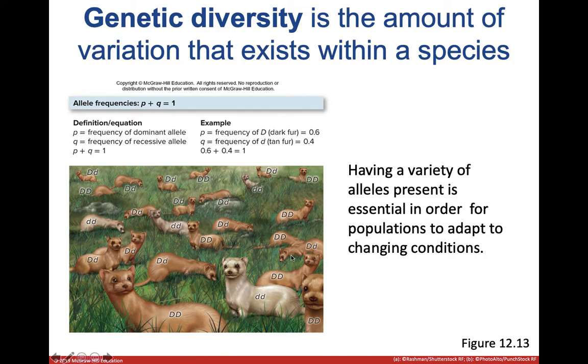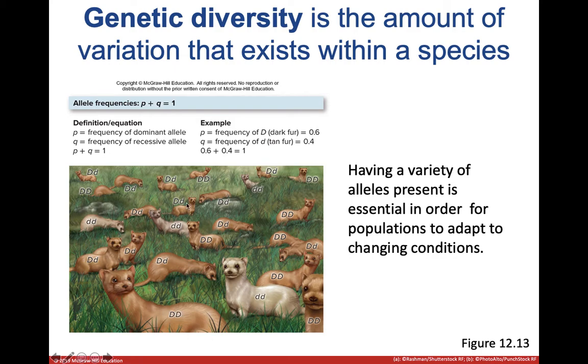But the other way around is if you have a large population, but everybody looks the exact same. If all these weasels look the exact same as this guy, with the exact same genetic variation here, you can see here we've got a weasel with a different color, different genetics and things like that. Well, if everybody looks like him and everybody has the same genetics, if a disease comes in, everybody's going to die. If this guy's going to get sick, if everybody's identical to him, everybody's going to get sick and everybody's going to die. So this entire population of weasels would die very quickly.